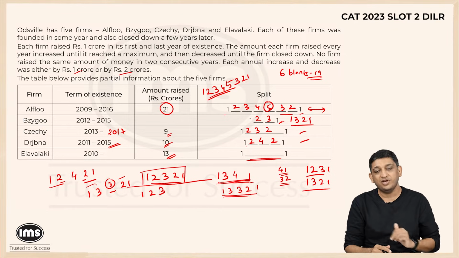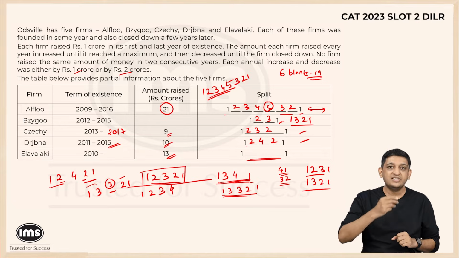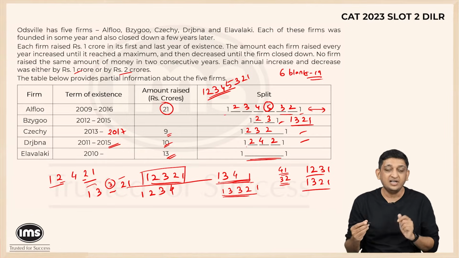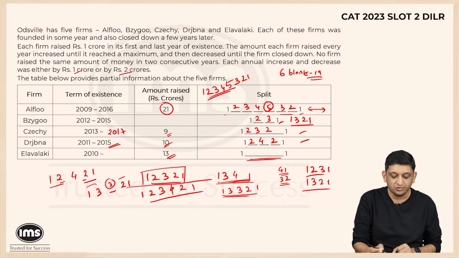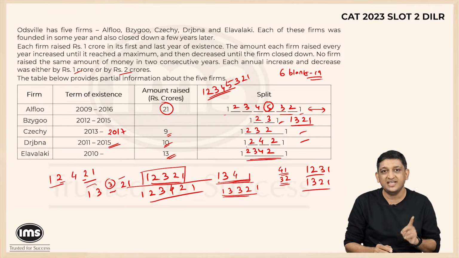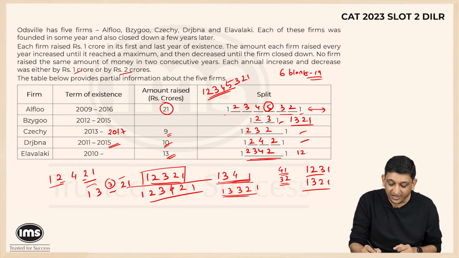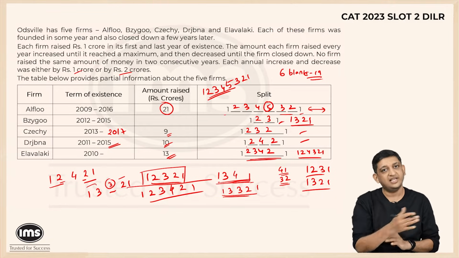So it can't start falling from 3. It will have to go to 4. So 1, 2, 3, 4. We have already accounted for 10. I know it is going to end in a 1. So I need to put the remaining 2 here. So one possibility that exists is 1, 2, 3, 4, 2, 1. But as I said earlier, the mirror image of this is also something that we are interested in. So we will also have 1, 2, 4, 3, 2, 1, the mirror image of this. So 1, then 2, 4, then 3, 2. So even that is possible.